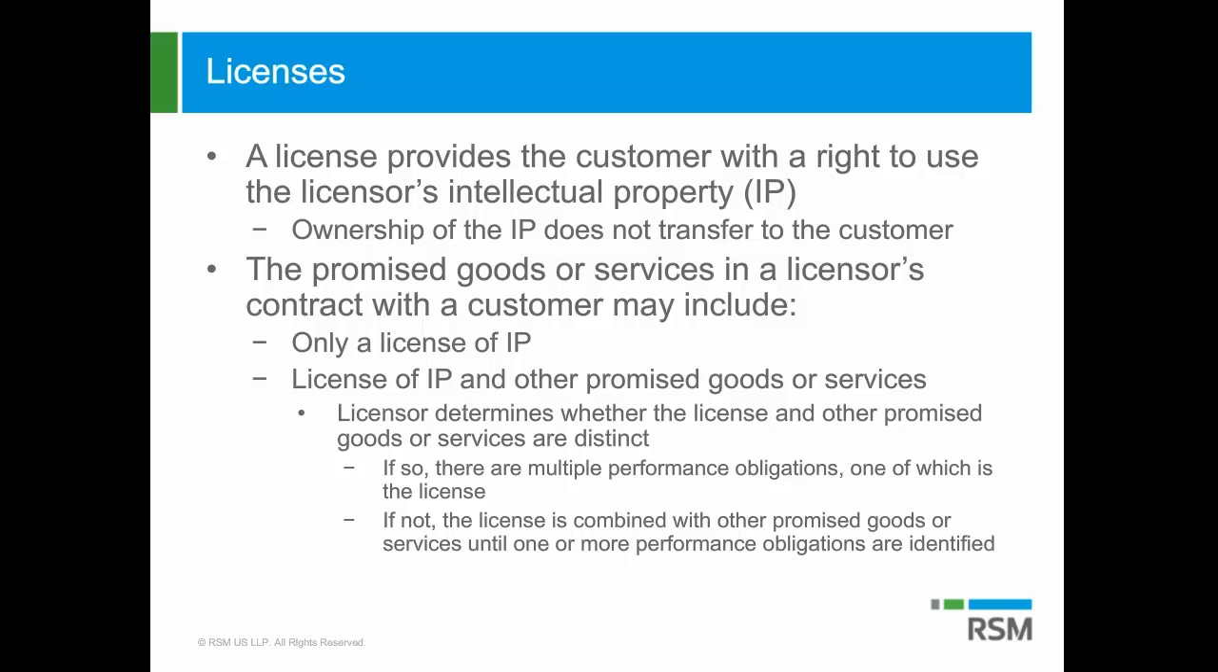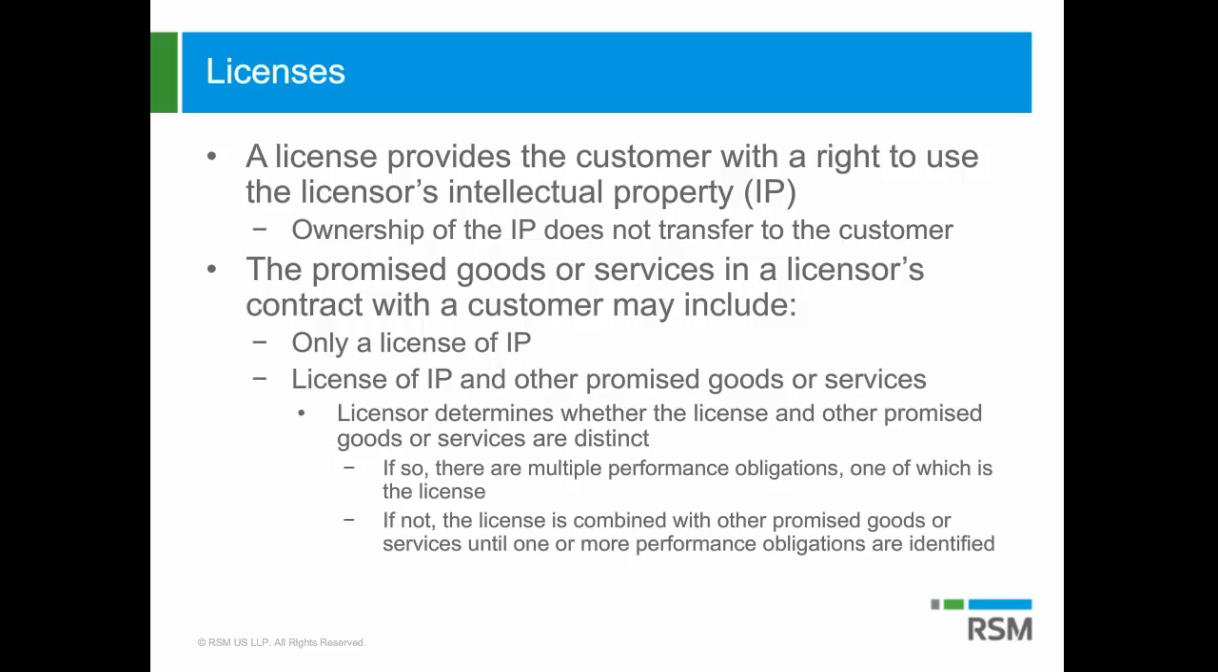So if there are multiple goods and services, I have to perform step 2 initially and determine, should I account for that license separately from the other performance obligations? If I do, then I move on with that license and apply the license-specific guidance. If I don't, and I have to account for that license and the other goods and services as a combined performance obligation, then you would still look to the guidance we're going to discuss on timing of recognition and how to evaluate that,